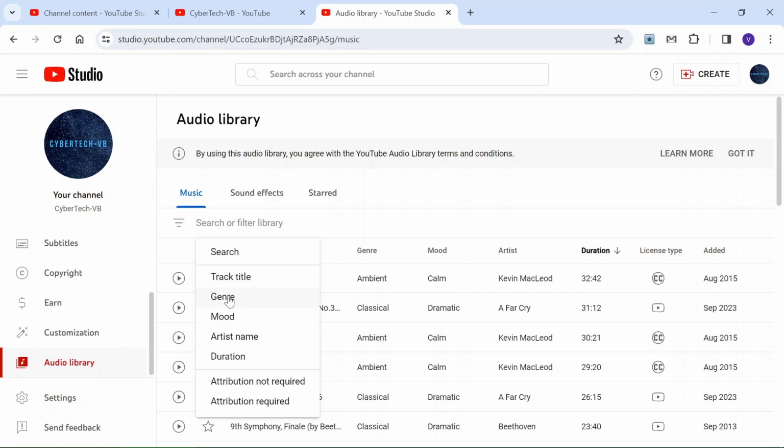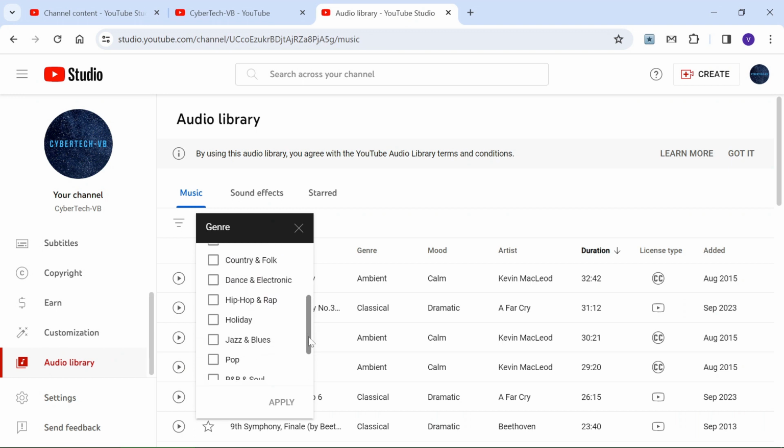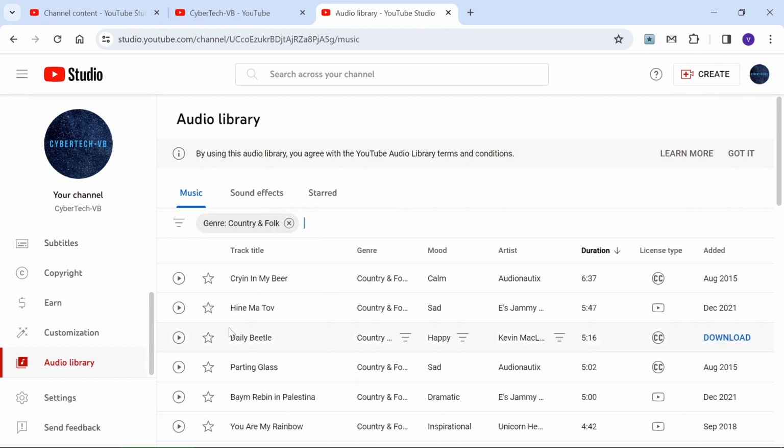You can look for a different genre, and there are quite a few of them: alternative and punk, ambient, children's, cinematic, classical, country, folk, pop, rock, and so on. So you can choose one of them, for example country or folk, and click on apply, and then you can see everything changes here,